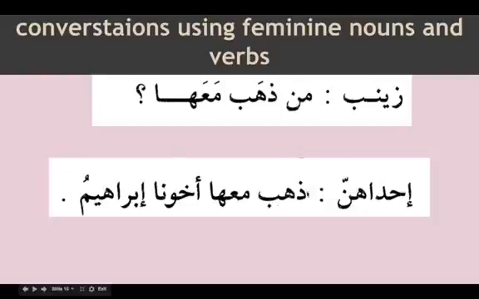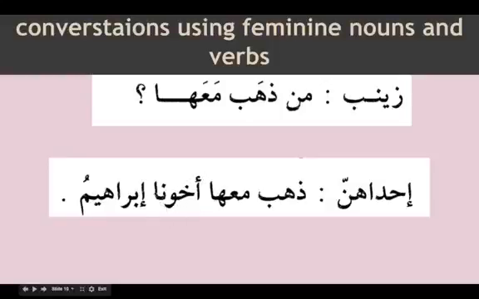So we have to look in the sentence for where the sign of marfu' is. Zahaba ma'aha, ma'a is a zarf, so that cannot be a fa'il. Ha is mudaf ilayhi, went with her. So we are still looking for who went with her, so we don't know. Then we see here akhuna. Akhu is from the asma'ul khamsa, the special nouns. We know the sign of marfu' is al-waw. So this waw tells us this is marfu'. So this is the fa'il, akhu.